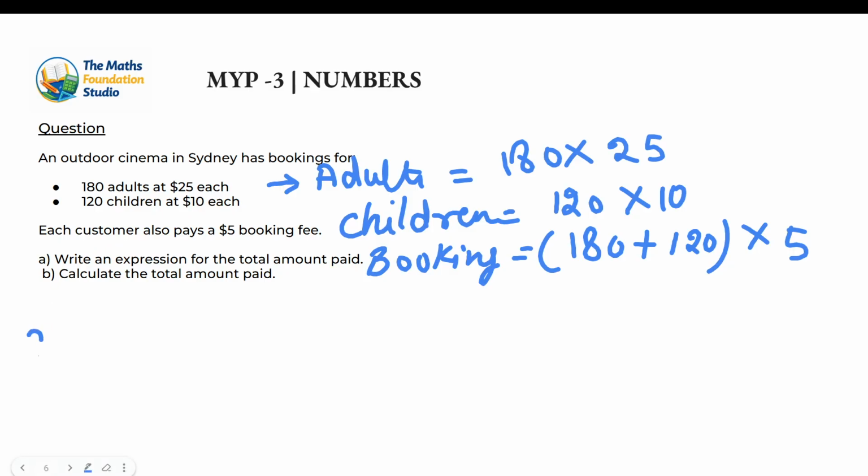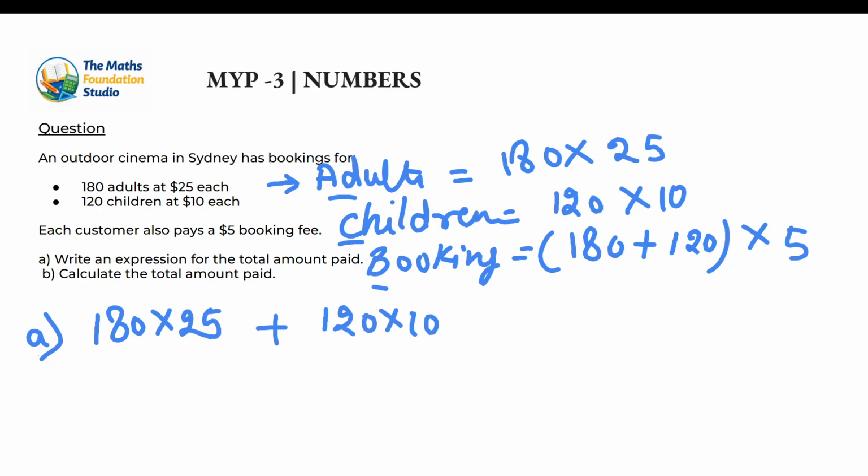Okay, now let's write an expression. Expression would be the amount paid by adults and children and booking fee all together. That is 180 multiplied by 25 is the amount paid by adults. Now 120 multiplied by $10 is the amount paid by children, and the booking fee. Booking fee is going to be together for adults and children. That is 300 multiplied by 5, which comes out to be